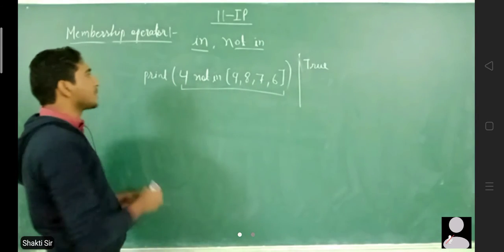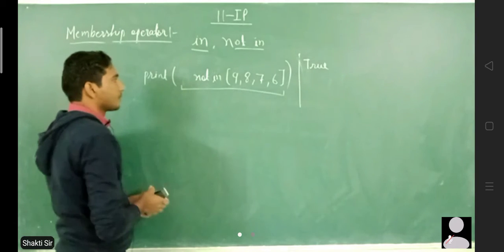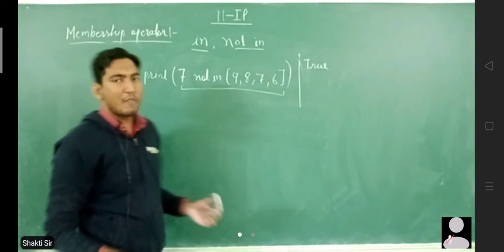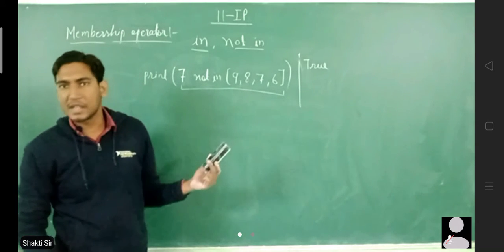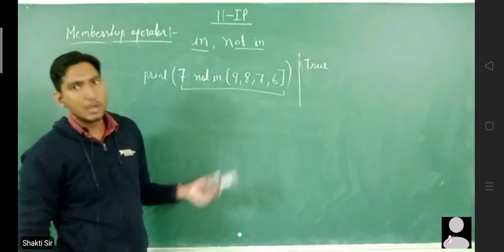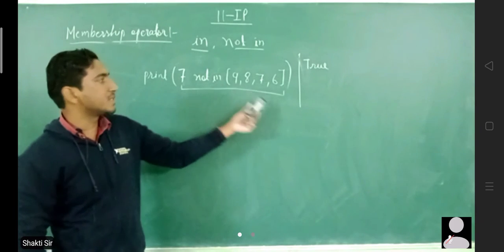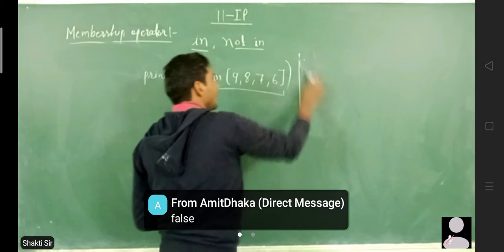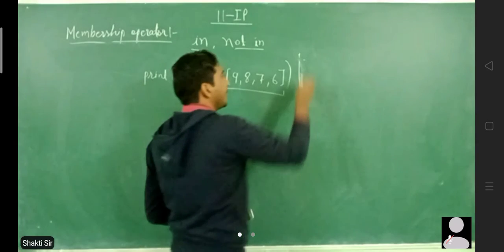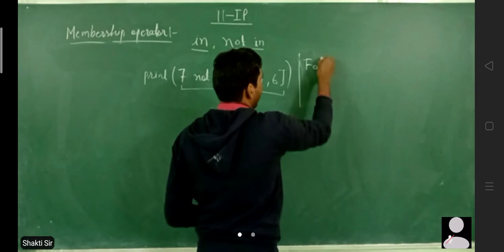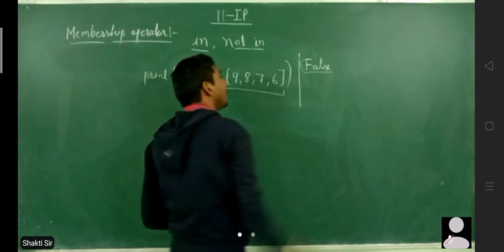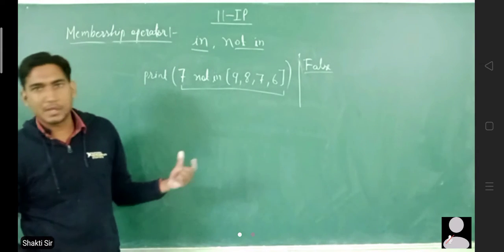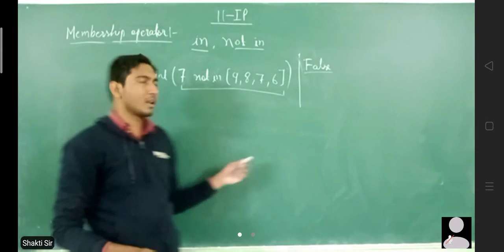And in case, suppose if I use 7 here, 7 not in 9876, so what I am saying is that कि 7 जो है वो 9876 में नहीं है, मैं ऐसा कह रहा हूँ, but that is wrong because 7 is present in 9876, so the answer here will be false. Okay, so always use capital F and capital T. Otherwise you will have some marks subtracted. ठीक है, कुछ मार्क्स आप यहाँ पर सब्ट्रैक्ट करवा लोगे, अपने लूज करवा लोगे अगर कैपिटल एफ और कैपिटल टी